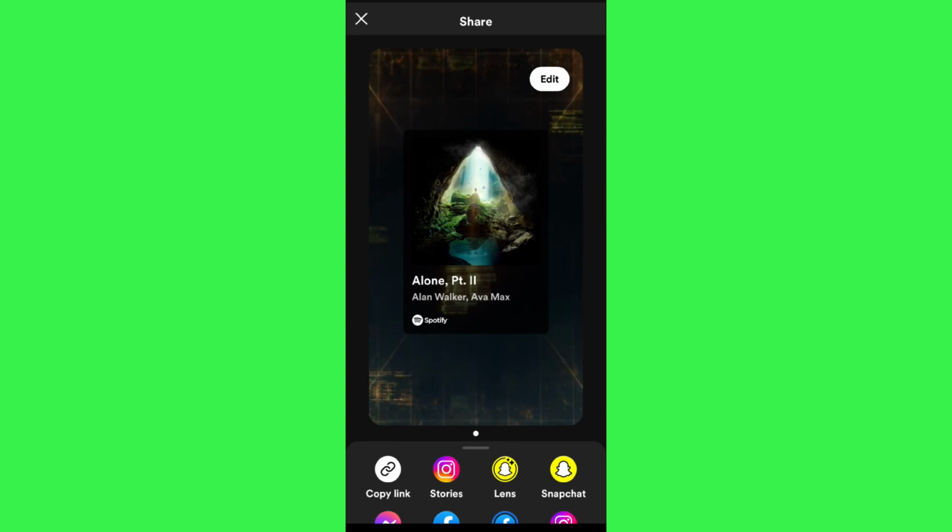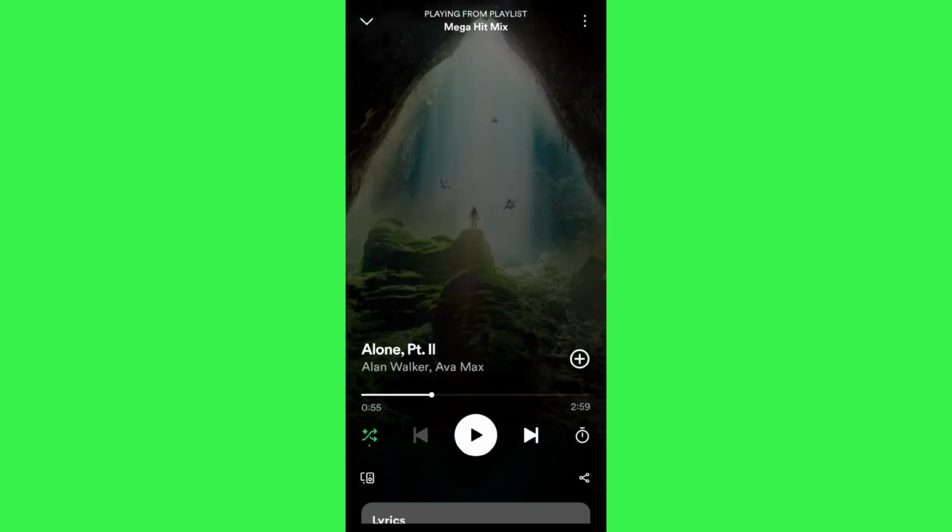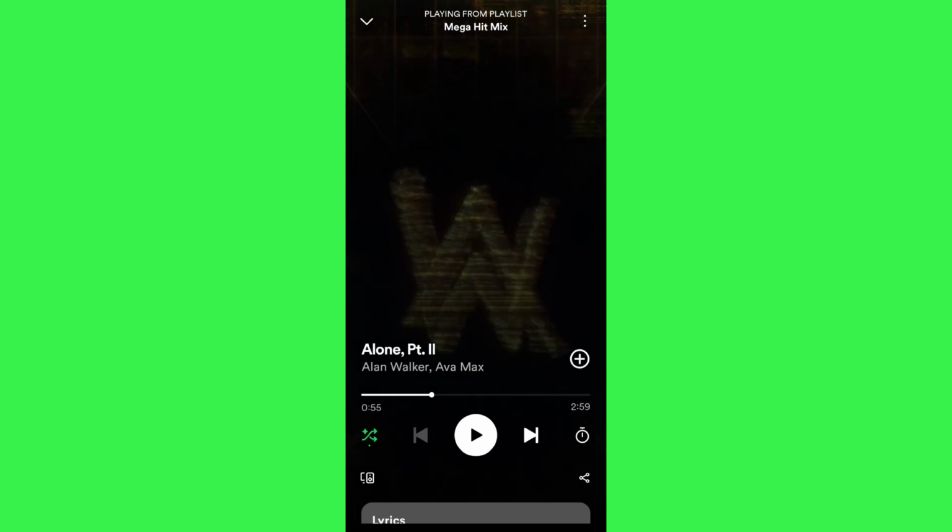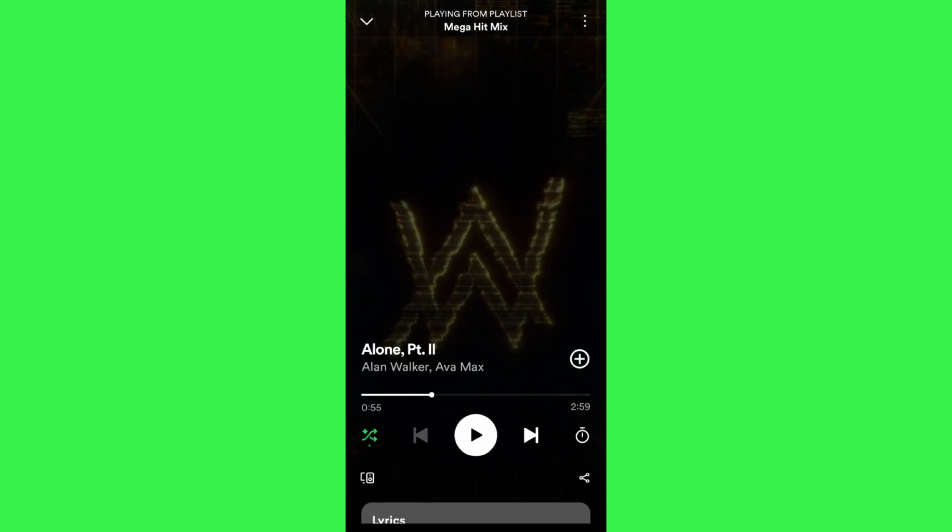Now if you want to add more interaction into the song, then what you can do is you can simply start screen recording it, and after that you can upload that recorded video in your Instagram story and it will also work the same. So if the video was helpful, then don't forget to like the video and subscribe to